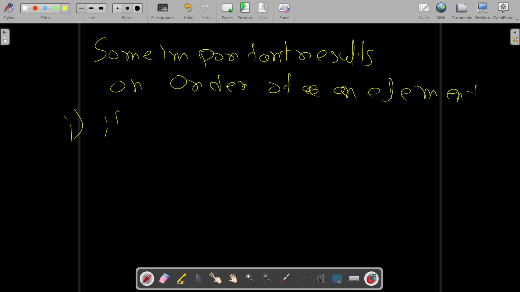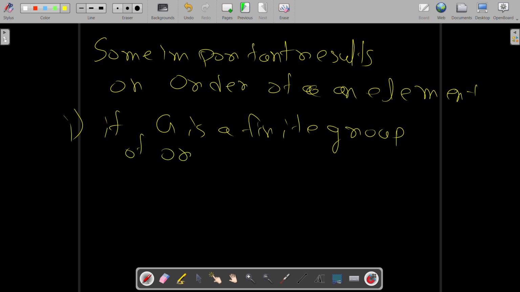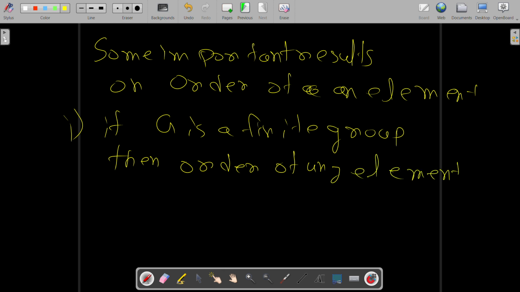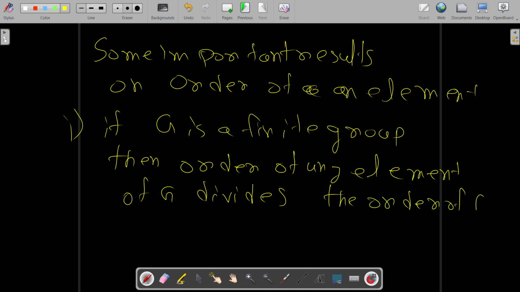Number 1: if G is a finite group, then the order of any element of G divides the order of G. Say G is a finite group of order, say, 20,